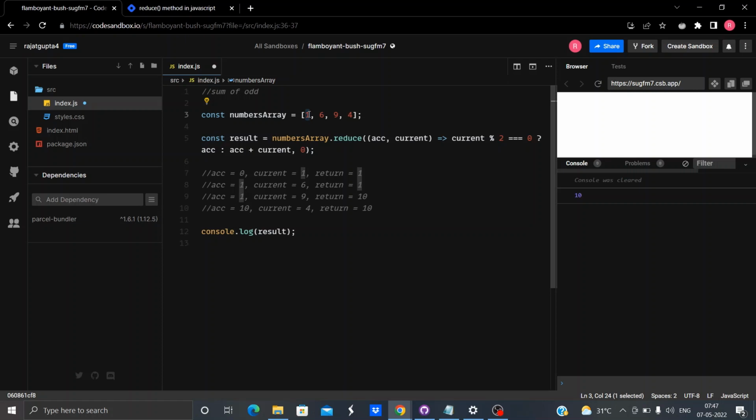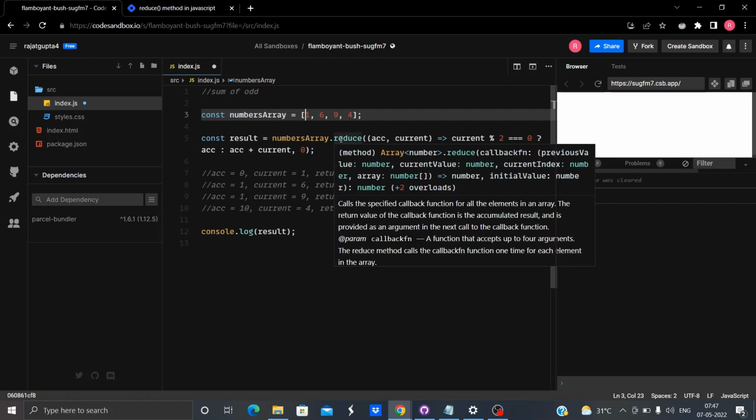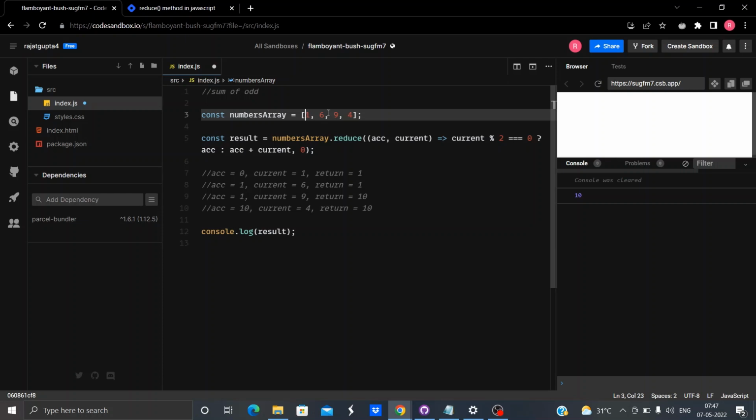So that is why I used current, because an accumulator's value is something like this: this added to this, then this added to this, whatever is being returned is the value of accumulator, but the value of current iterates over this array. That is why we need to check the value of current and not the accumulator.